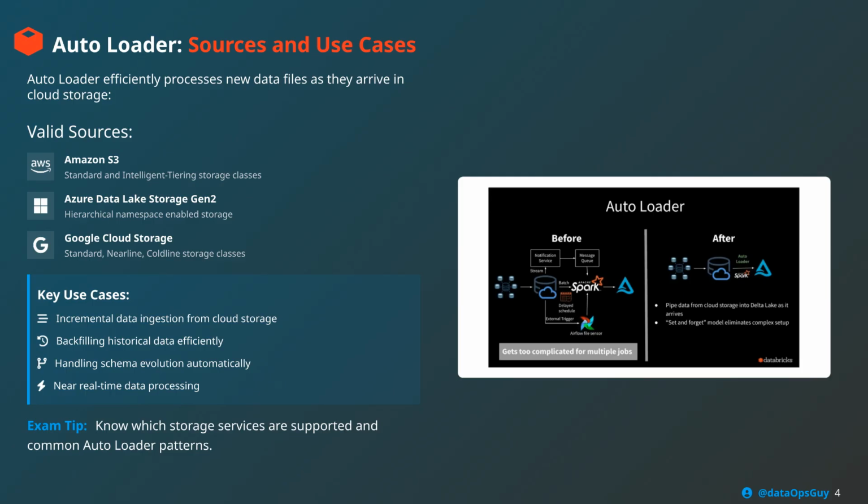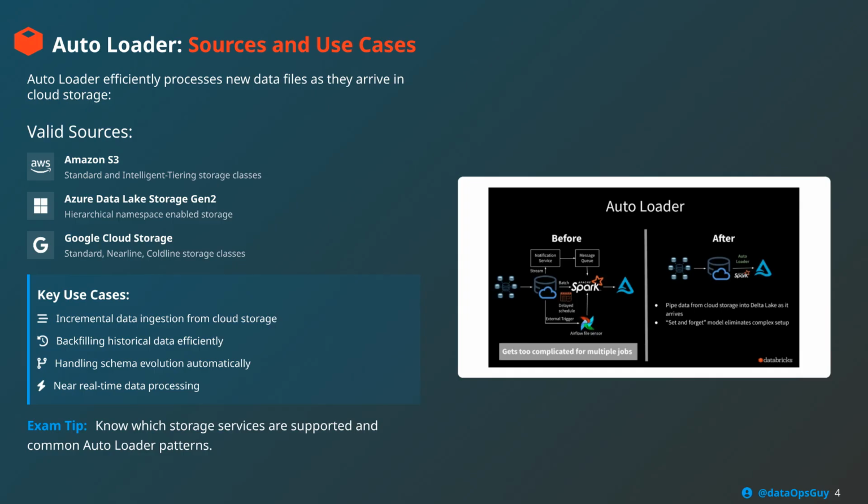workflows. Autoloader is Databricks' solution for efficiently processing new data files as they arrive in cloud storage. It's designed to handle one of the most common challenges in data engineering, continuously ingesting streaming data from file-based sources. Autoloader supports 3 major cloud storage platforms: Amazon S3 with its various storage classes and event notifications, Azure Data Lake Storage, Gen 2 with hierarchical namespace and event grid integration, and Google Cloud Storage with pub/sub notifications for real-time file